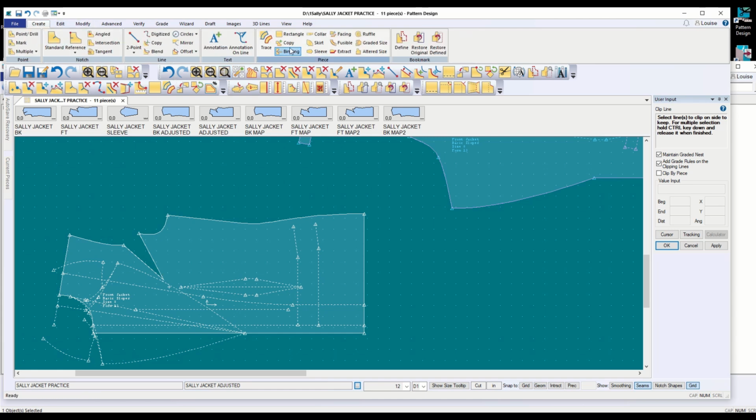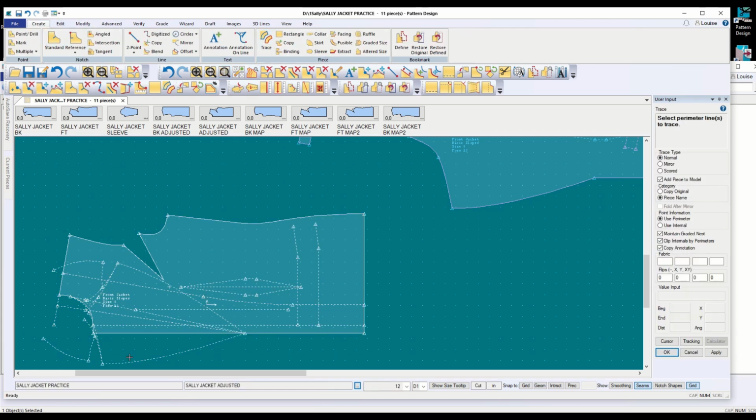So create piece trace, hold down the control key, trace off the same piece. This time I'm only going to get the facing part. Okay, and my internal lines, I want to remember that that's my center front. So that's my piece,